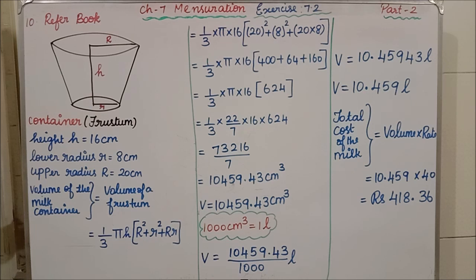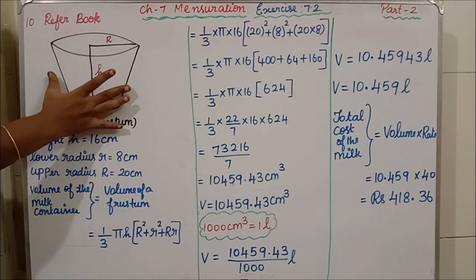Students, what they are saying in the question: a container open at the top in the form of a frustum of a cone. Frustum, from where have we derived? From the cone only. Okay, frustum means, I told you in the last session itself, it will be in the shape of a bucket. Now consider this is a bucket. Okay, students, now I am going to explain the question. First, listen carefully. Okay, this is one bucket.